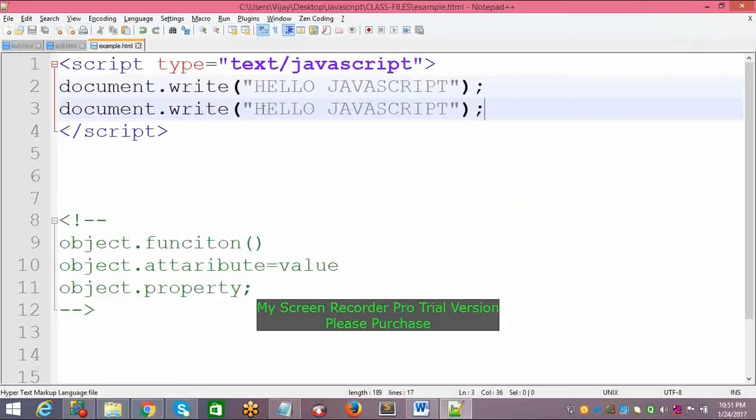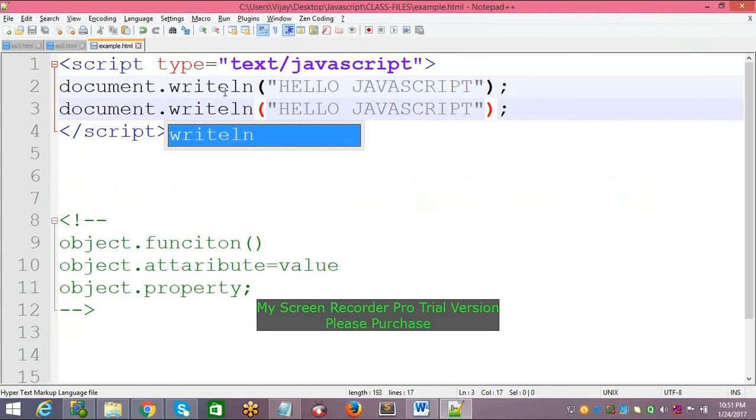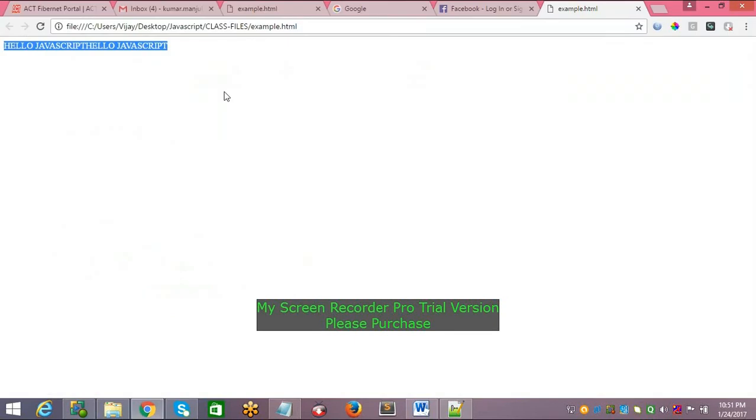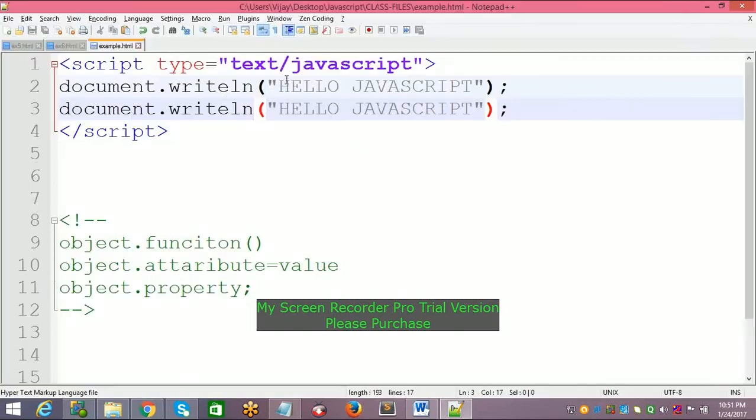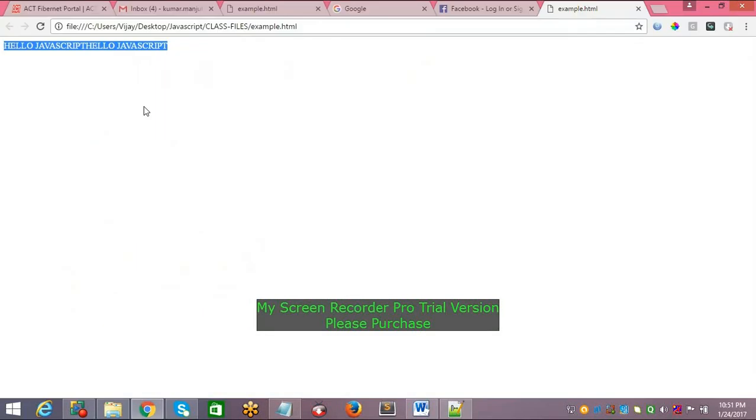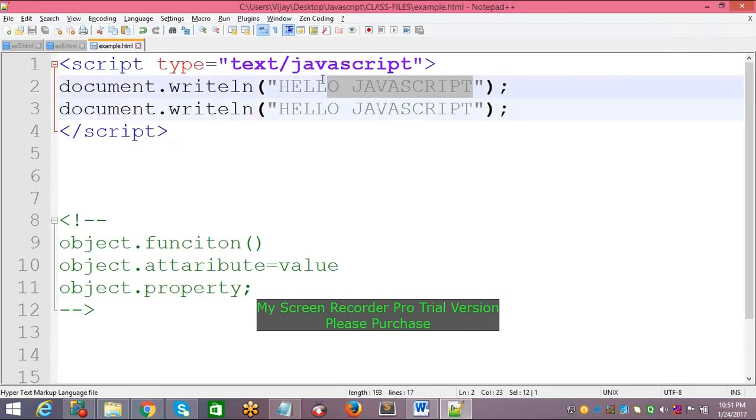But if you want to maintain any space, there is one function available. The function name is writeln. What is the meaning of writeln? Any statement printed by the writeln function creates a single cursor space before printing the next statement. Example, easy to understand.